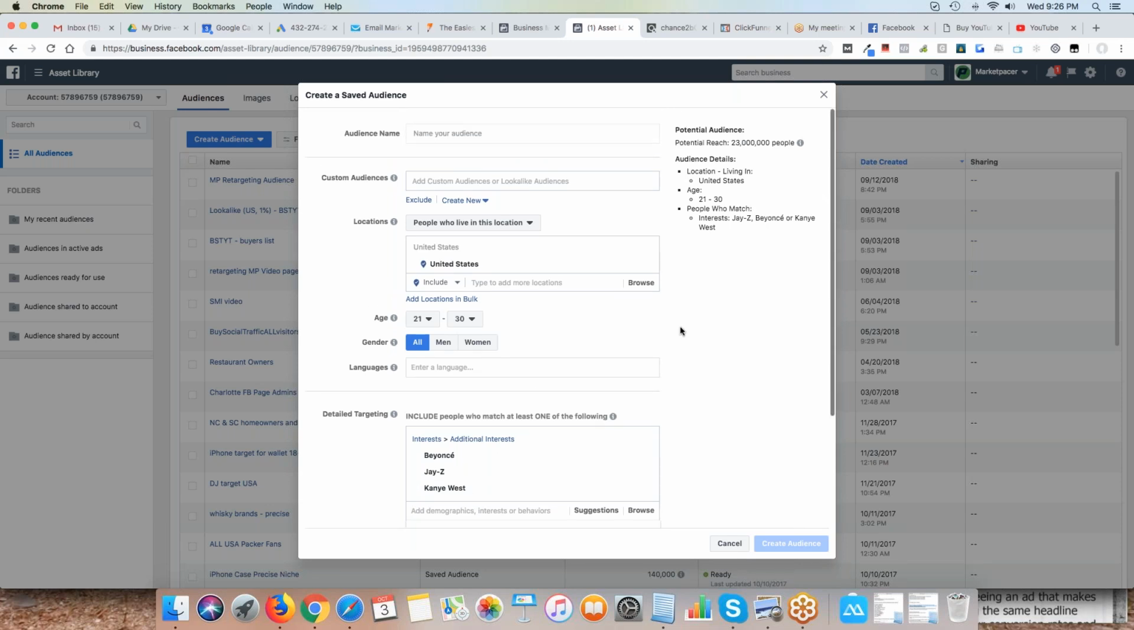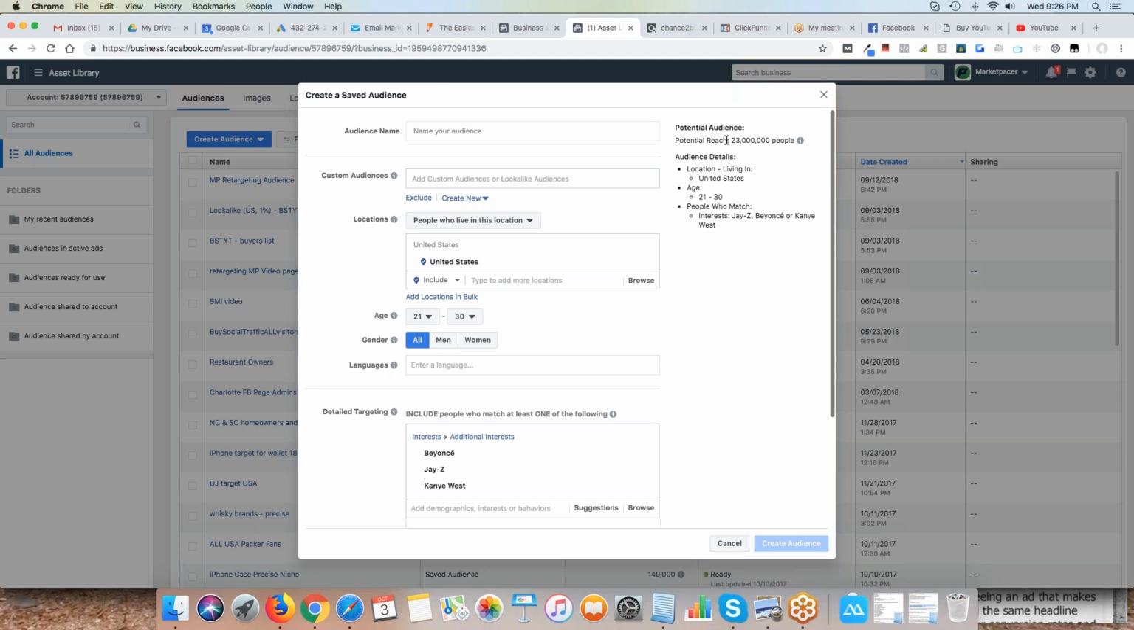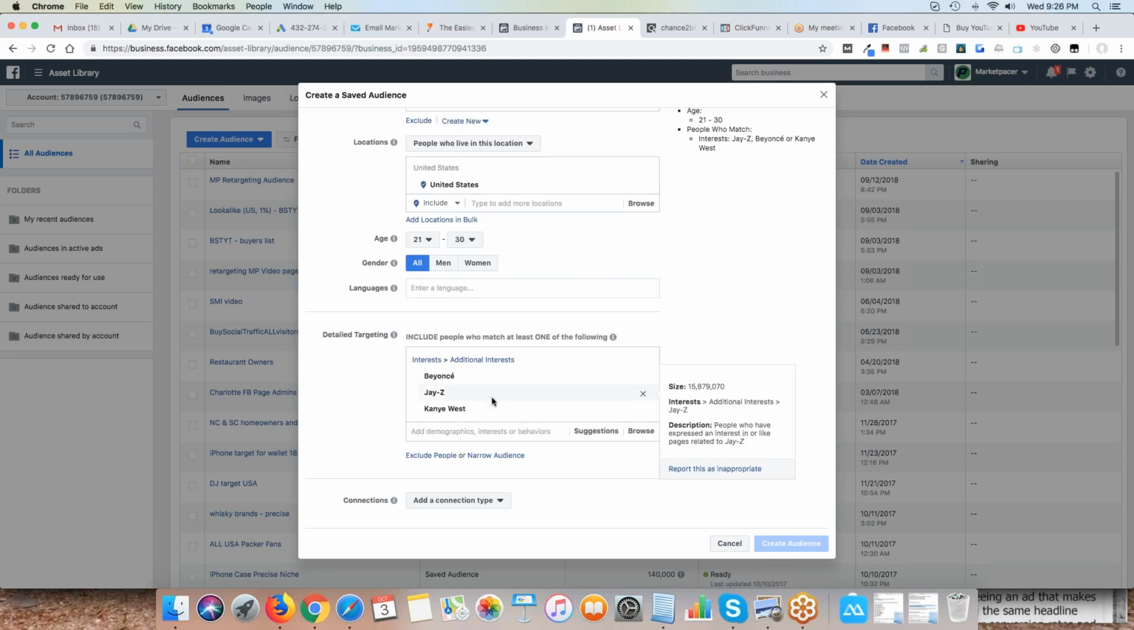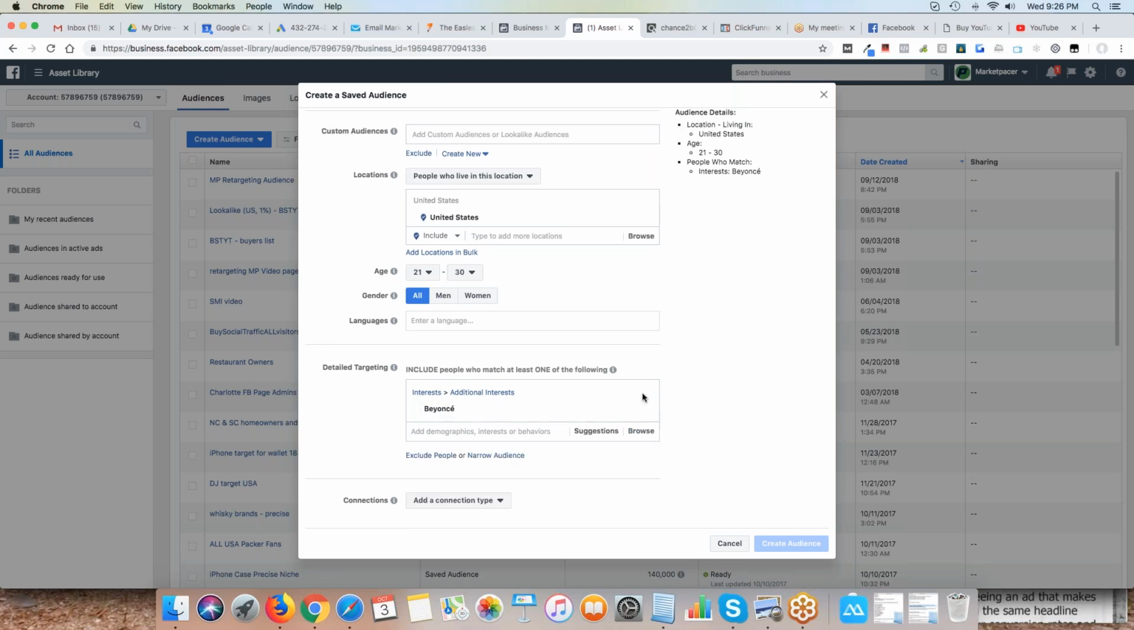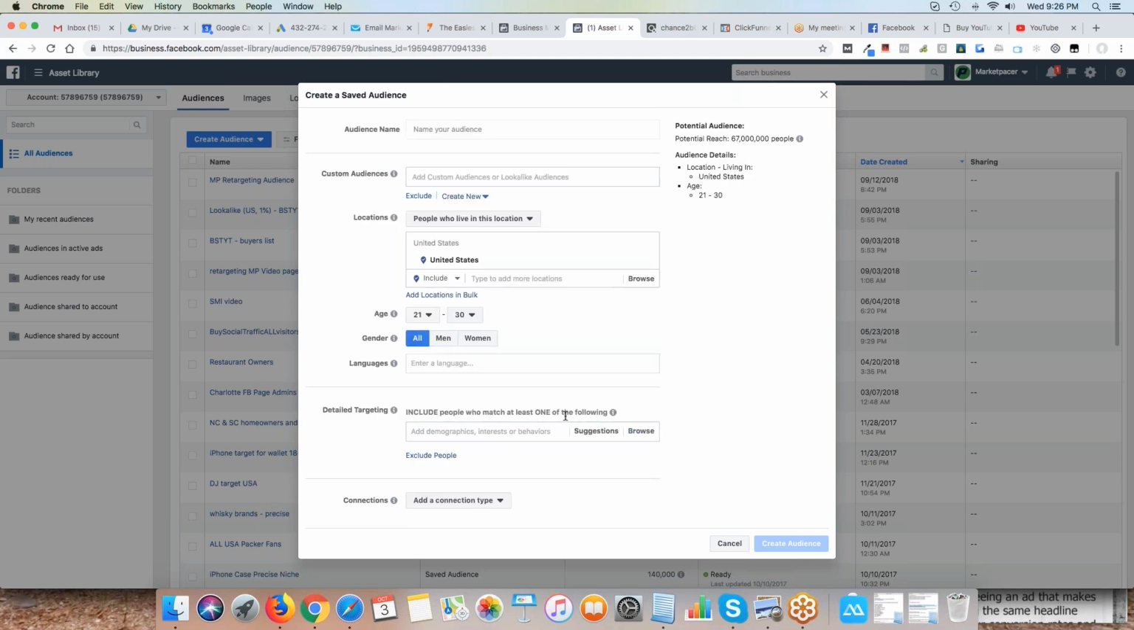But what you can do is, basically this is telling you your potential reach could be 23 million people because you've targeted people in the United States between the ages of 21 and 30 who like these people. Now you can narrow that down. You can, if your videos are about anything political, Trump would be like,